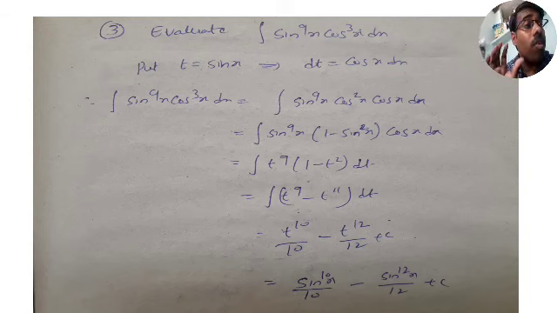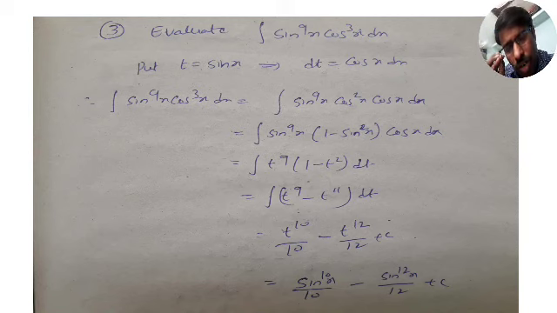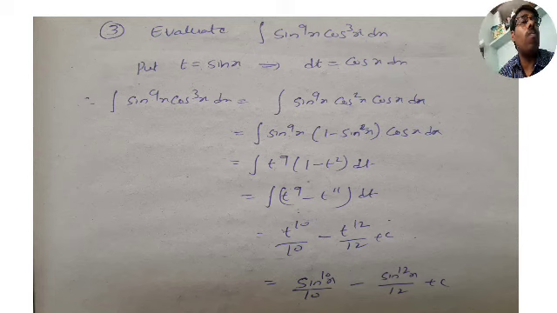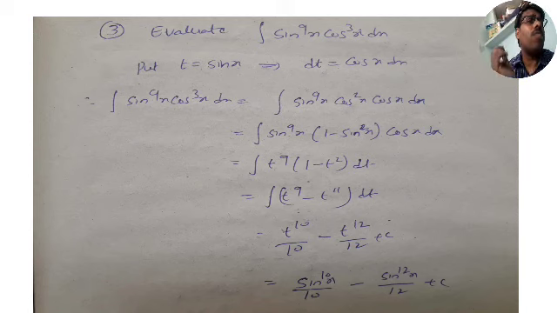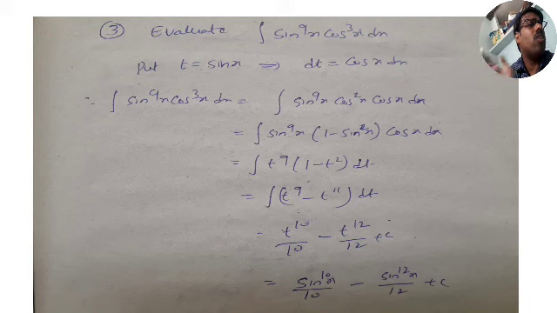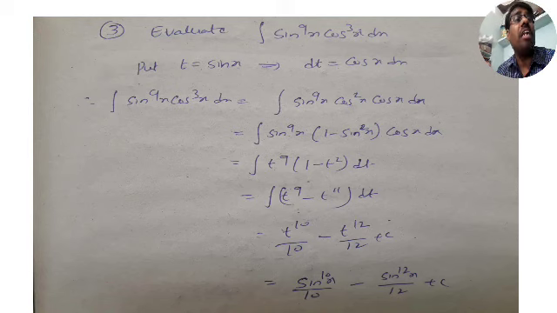When both the powers are odd, what does the third point tell? If both the powers are odd, which is the greater number? The greater number is 9. So if the sin power is greater, then put t is equal to sin x itself. And if the cos power is greater, then put t is equal to cos x itself. But here sin power and cos power are odd, and sin power 9 is greater than 3. Therefore sin power is greater. Therefore put t is equal to sin x.